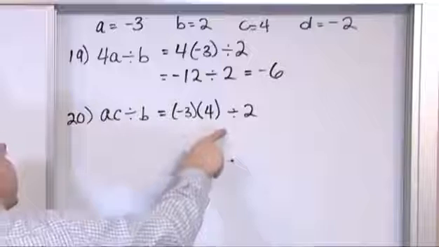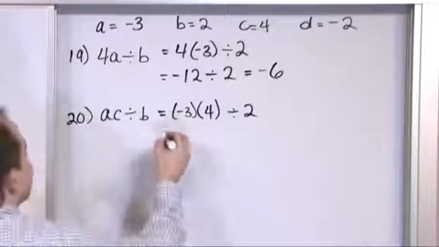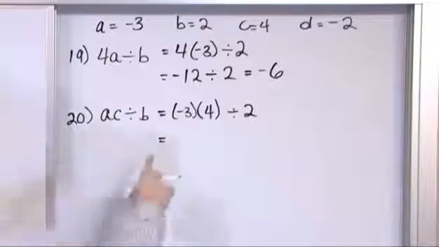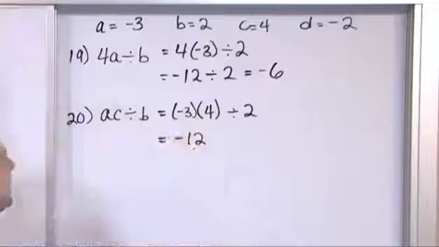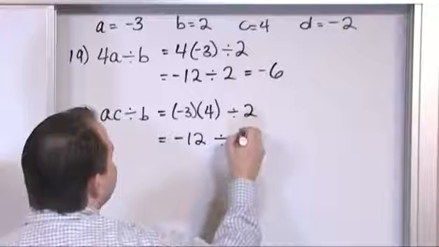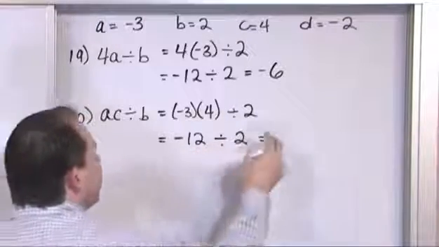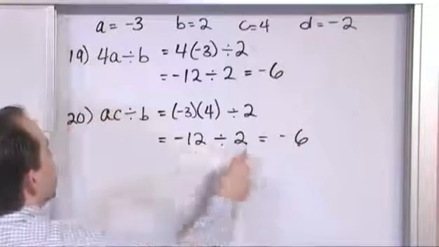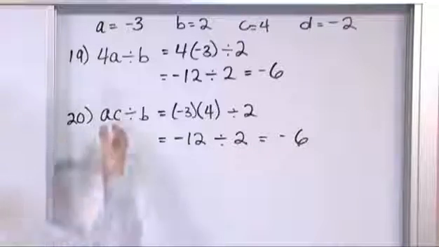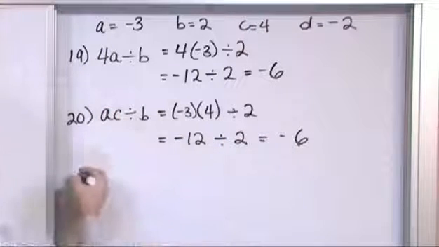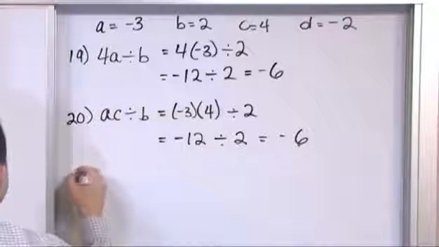And so we have this multiplication first and then this division, so let's work on that. 3 times 4 is 12, and we're going to have a negative 12 because these signs are different. And we're going to divide by 2. 12 divided by 2 is 6, and these signs are also different. And so we're going to have a negative number right there. So you see, you just plug in and then you work on the rules that you know, so it's nothing magical. So let's say you had